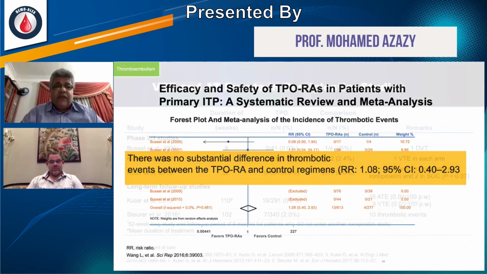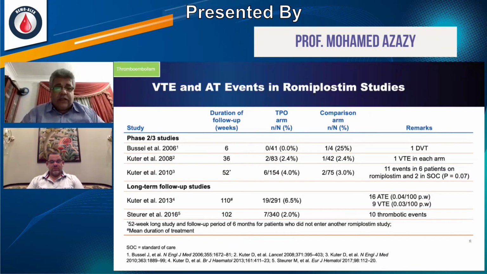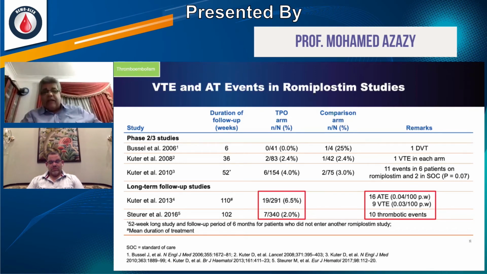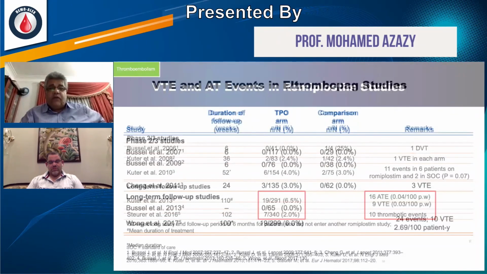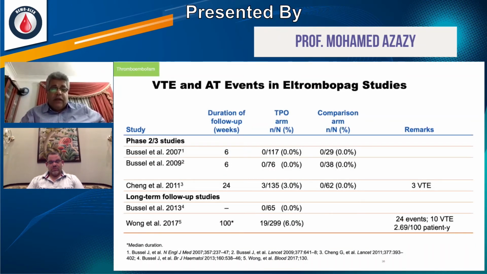So, veno-occlusive disease and thrombotic events were studied by many groups, and again, you will find here that only 6.5% of the patients in one study, and only 7 out of 340 patients, that's 2% of patients, developed thrombotic events that were managed in a usual manner and did not impose any mortality or morbidity for those patients. And the duration of follow-up of those patients was by Wang et al. for a period of more than 10 weeks. Remember again, 6% in one study and 24 events in another study,